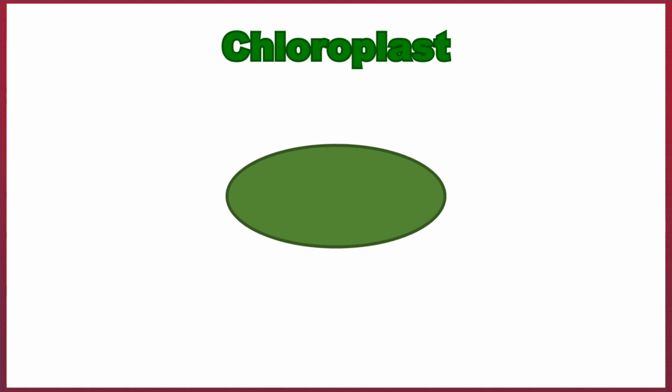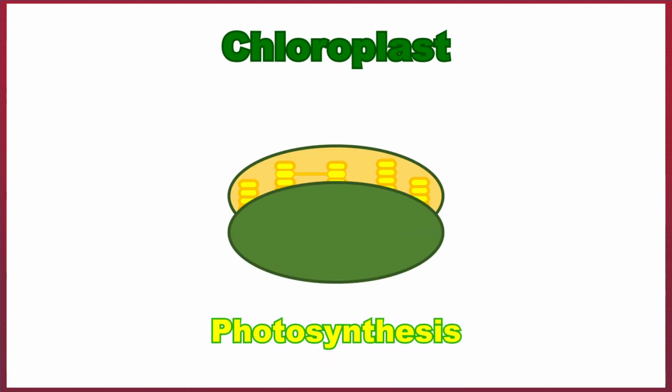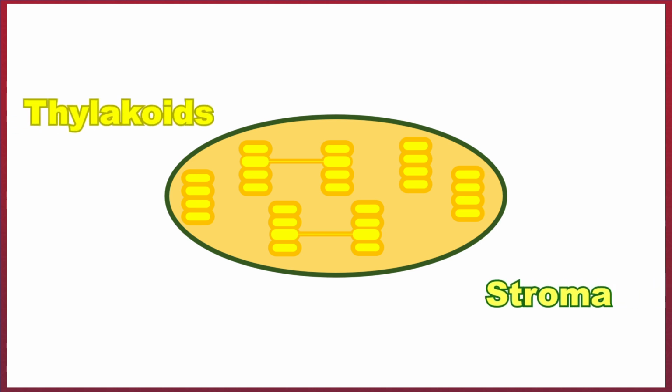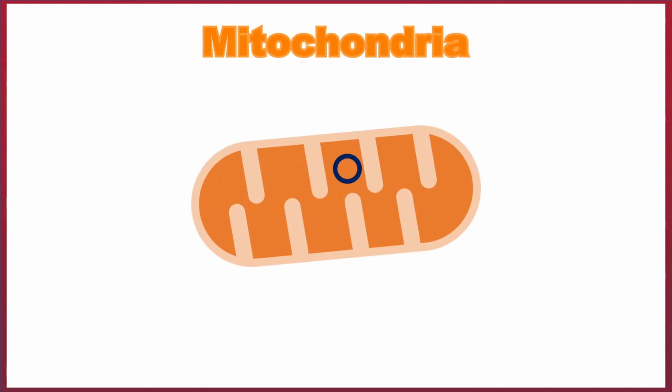for the formation of sugars by photosynthesis. The chloroplasts are made up of 2 membranes which surround stacks of discs called thylakoids, which are suspended in a liquid called stroma. Now, the mitochondria, which are effectively the cell's battery, might be one of the most interesting organelles